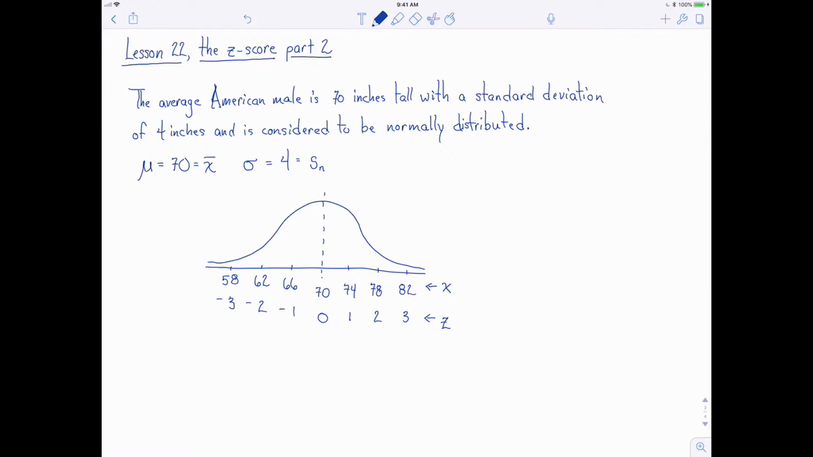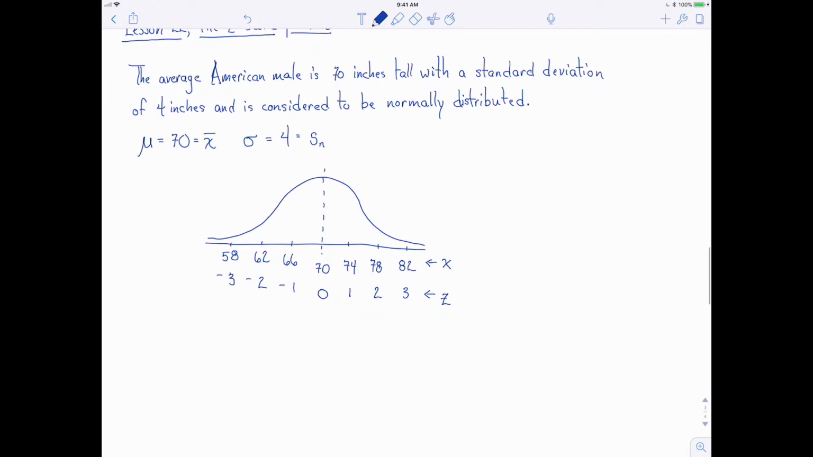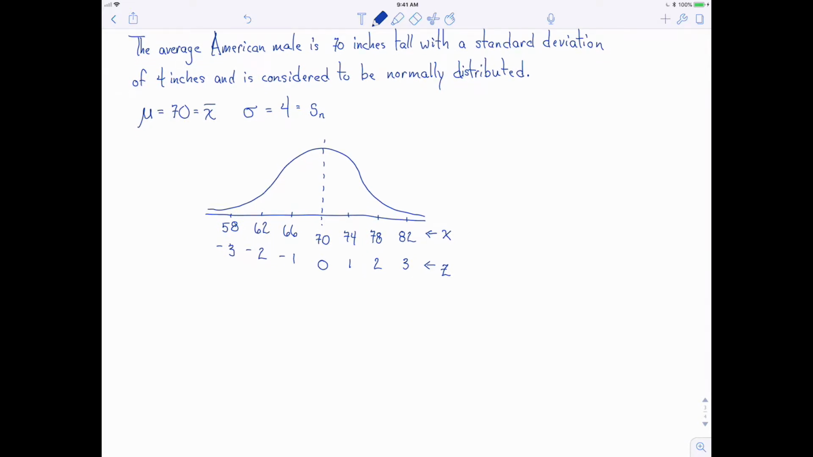So what I want to do is a couple things. First is show you how the z-score works. So we have a formula. It says the z-score for some number x is equal to the data minus the mean of the data divided by the standard deviation, s sub n. So for example, if I wanted to find